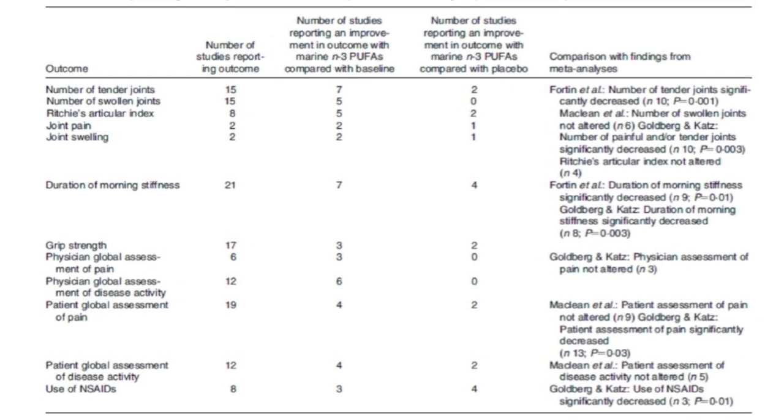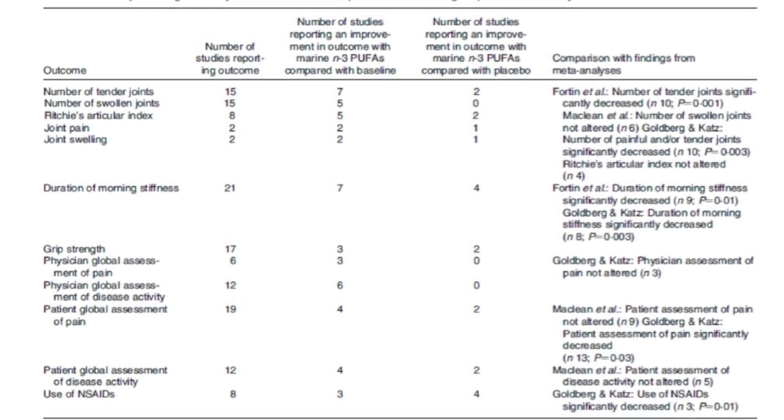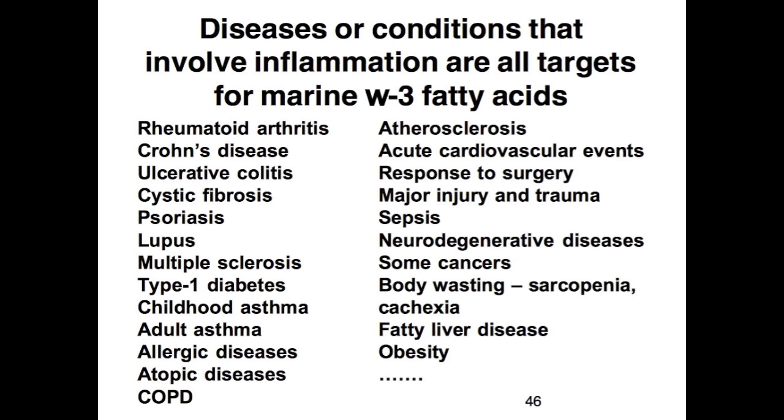This is detail from the review. You can look at it if you like. There have actually been some meta-analyses of omega-3s in fish oil that report significant benefit on quite a number of those outcomes when the trials are aggregated. So the evidence, I think, in arthritis is pretty good. It's actually the inflammatory condition with the best evidence, I think. The second area I want to talk about, just out of interest, is this area of advanced cardiovascular events, because that's a little bit different.